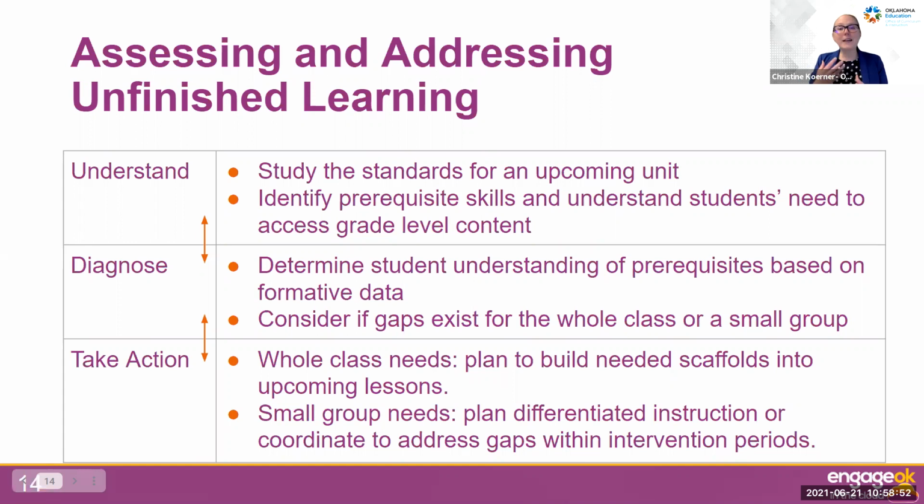And so we have arrows with these steps because it's never just as easy as a 1, 2, 3 step process. We're constantly going to be looking back and further understanding our standards. And then we're also going to be constantly using formative assessment data and our student work to actually dive into what students need. And then we're also going to be constantly planning and implementing our action steps. And so it's constant back and forth working through,